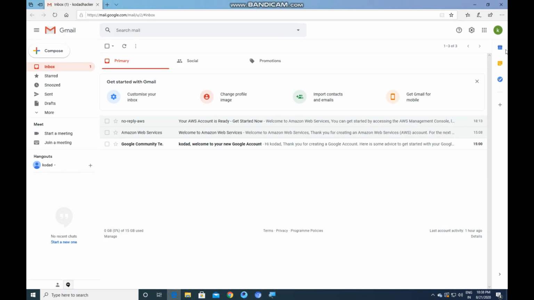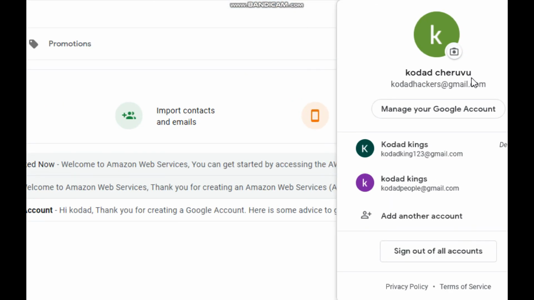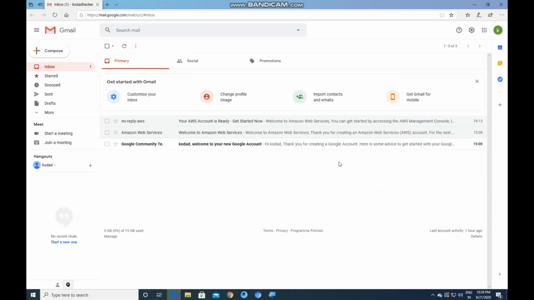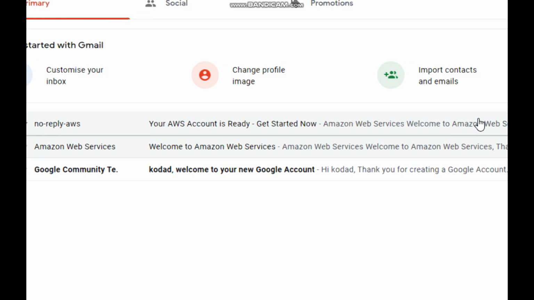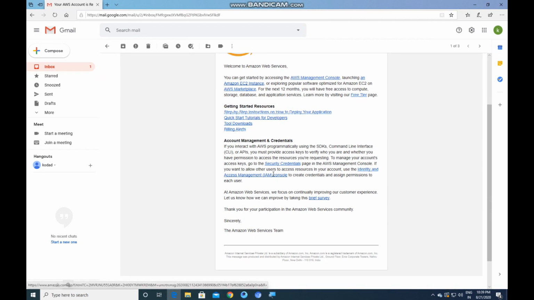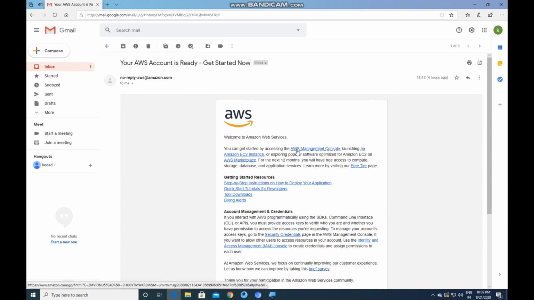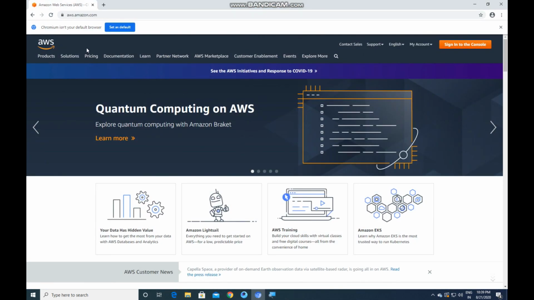Guys, after a while, you will receive a confirmation mail from AWS, that is Amazon Web Services. So please check your Gmail after 1 or 2 hours. Now go to the mail and check whether your account is ready or not. Then you can proceed to AWS. Now let us go to AWS and sign in to the console.